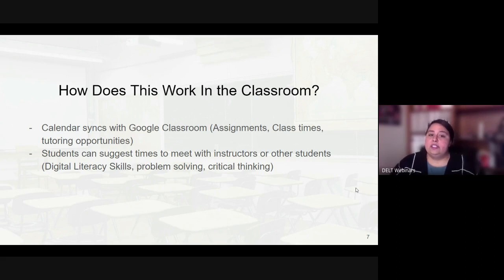Students can also suggest times. So if we put some responsibility back on them, if they're like, oh, teacher, I don't understand this. Can you help me? Can we meet up at a tutoring time or something? It gives them some of those digital literacy skills, problem solving, critical thinking. It puts it back on them to become responsible and to become that good citizen, to be like, all right, these are my responsibilities. Let me take it a step further. I shouldn't depend on my teacher all of the time to make those appointments. I can make that appointment with my teacher. So if you have your class times and your calendar set all out, your students can better access that communication with you,